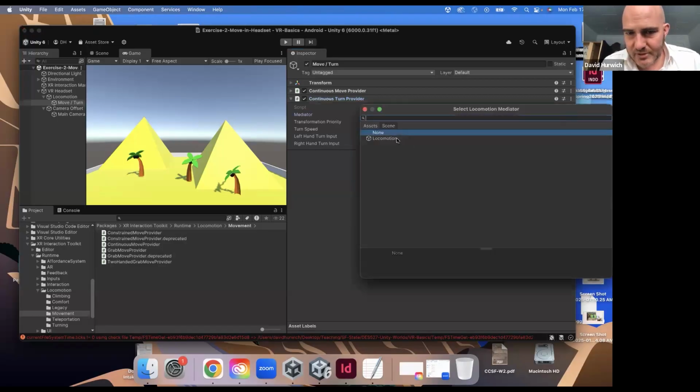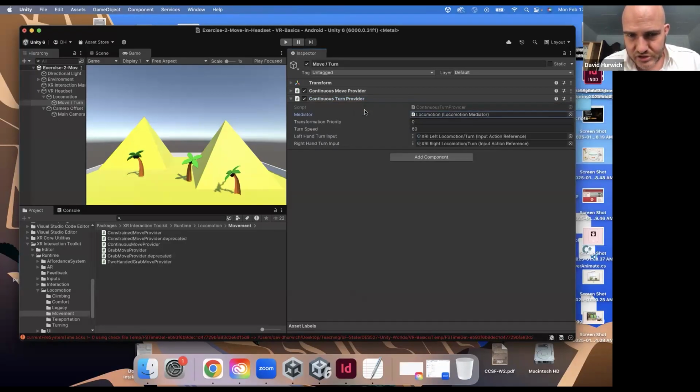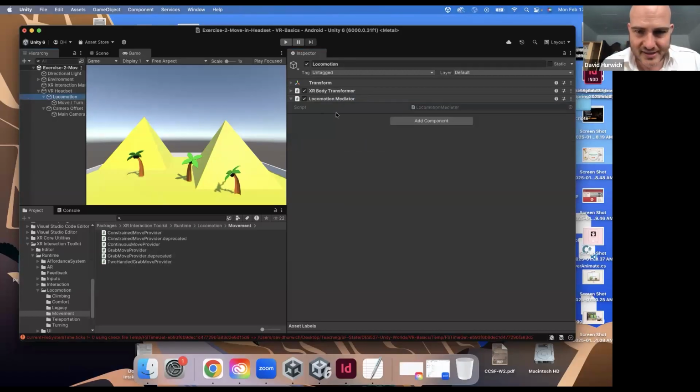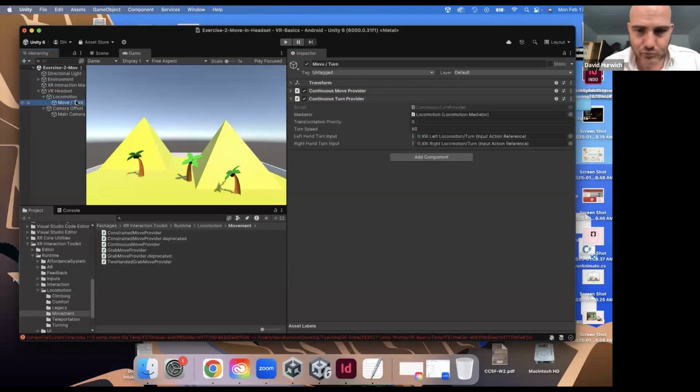I'm going to do locomotion. So just like that, we have to set the locomotion. Once again, this has to be the child of the element that has the mediator applied. And then once again, this is how quickly you'll turn. You can make this faster or slower. And once again, you can see that the turning is based on the left and right